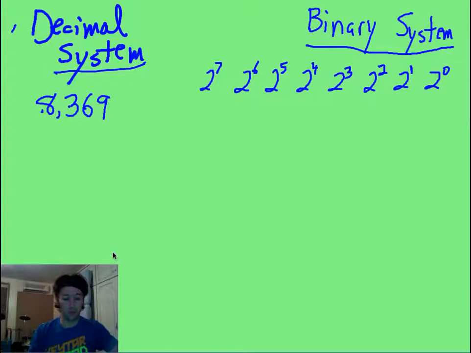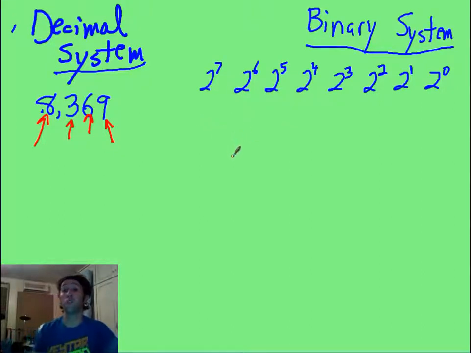In our decimal system of counting, we have a number like this, 8,369, and the columns mean different things. This column will mean 9 ones, this will mean 6 tens, 3 100s, and 8 1000s. That's obvious. However, I was talking to my friend, a robot, and he said he had trouble counting that way